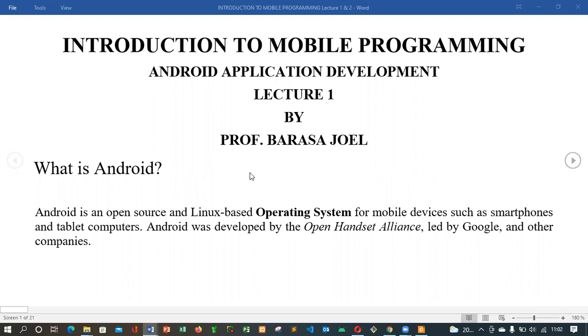So when you are talking about Android, you're talking about something that was developed by Google, with the main aim to ensure that mobile devices or small handheld devices are able to run and perform their tasks, to enable the users to interact with the hardware of such smaller components. So in our class today, we have understood what is Android and the type of platforms that this Android operating